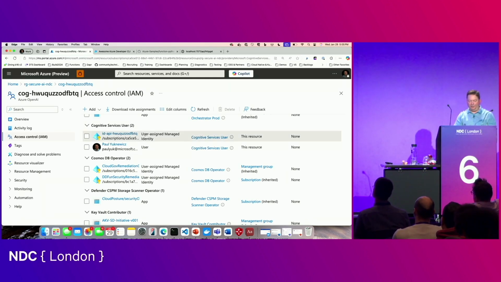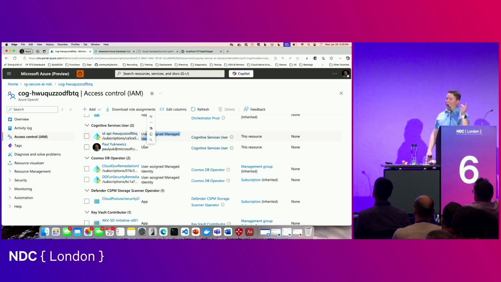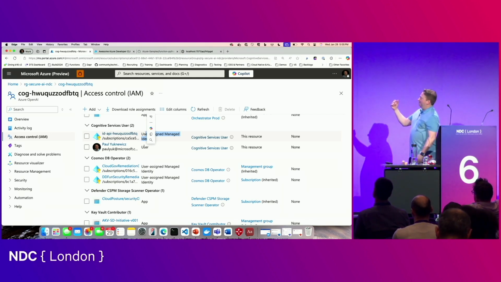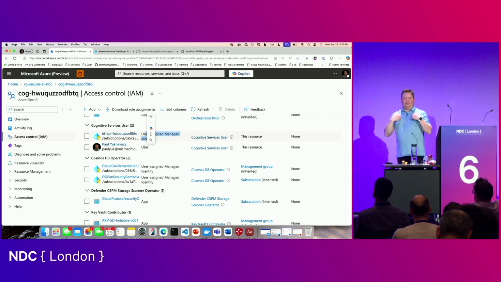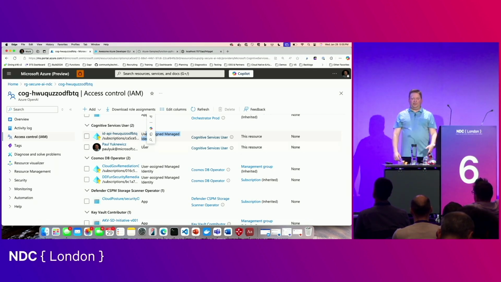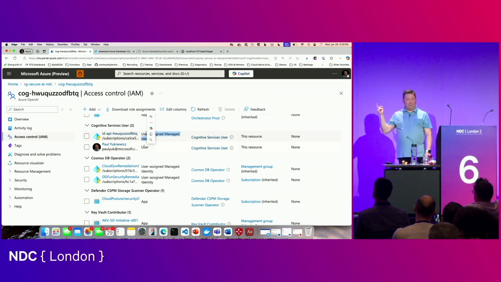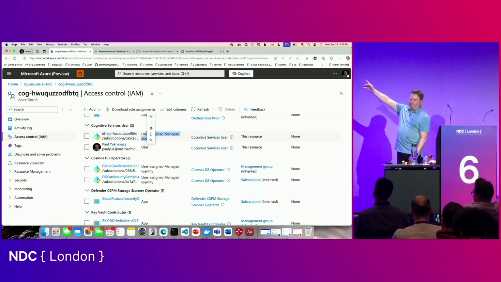And see how this one is like, hey, that's a managed identity. This is a user identity, not to be confused with user-assigned managed identity. It's just a user identity. So the bottom line of what I'm saying here is both my user's identity as a developer needed access, and so did the app. Now, you might decide, let's say for a prod resource, I probably wouldn't add my user identity. I'd be like, nope, only my CI/CD rig has access to do this, definitely not Paul. That's fine. But for dev test, this is a pretty reasonable configuration.